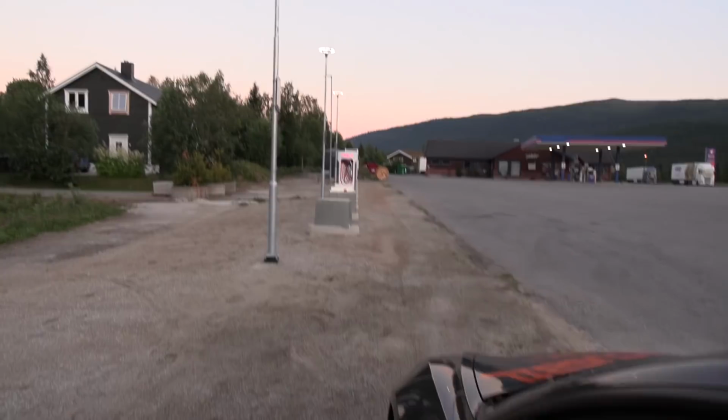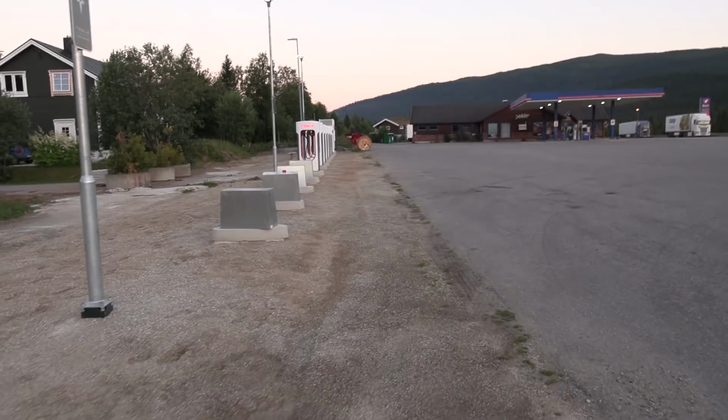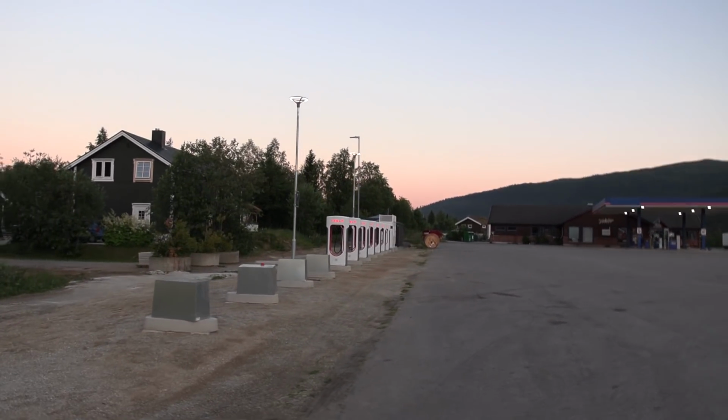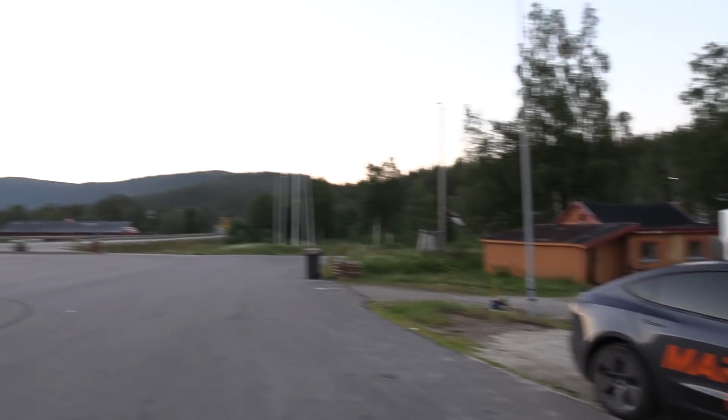I'm going to show you here. This is the new supercharger site. They still have stalls they haven't set up here yet, but plenty of V3 supercharger stalls. And this one is, I guess, trailer friendly. So, wow, it's...